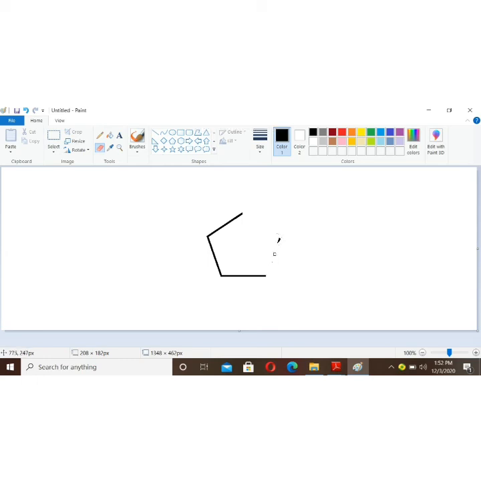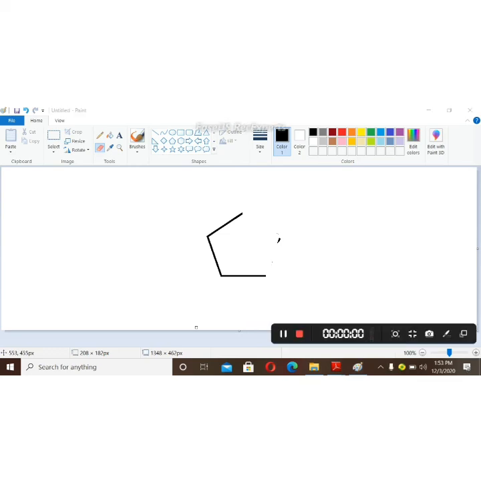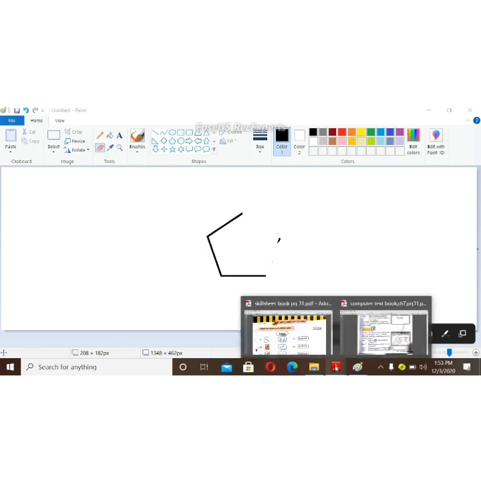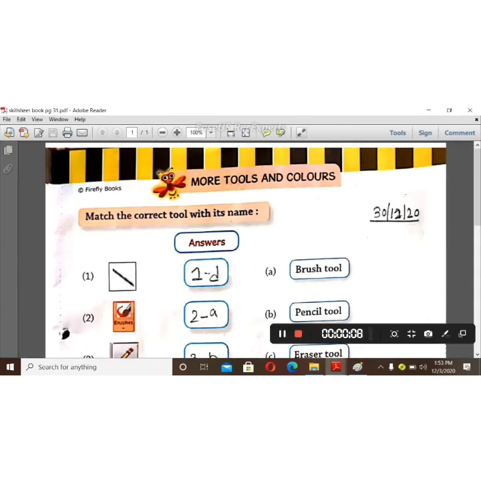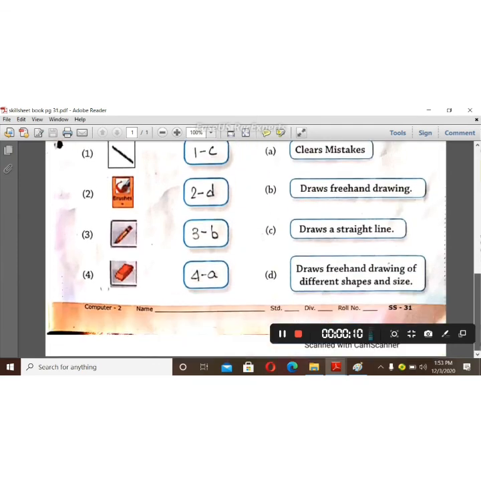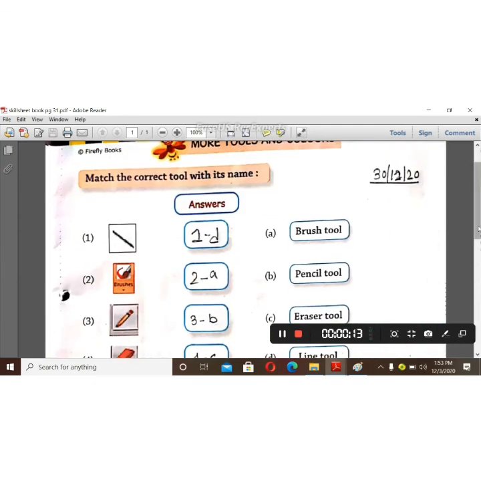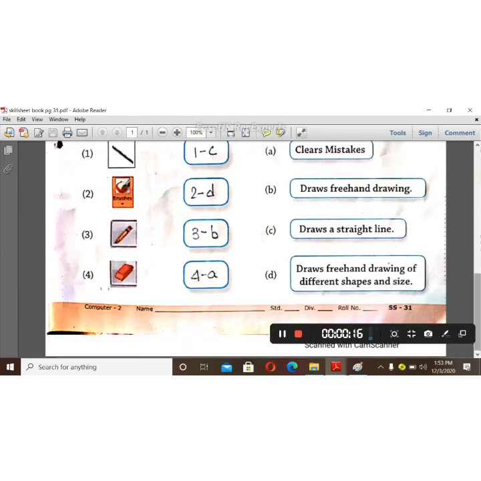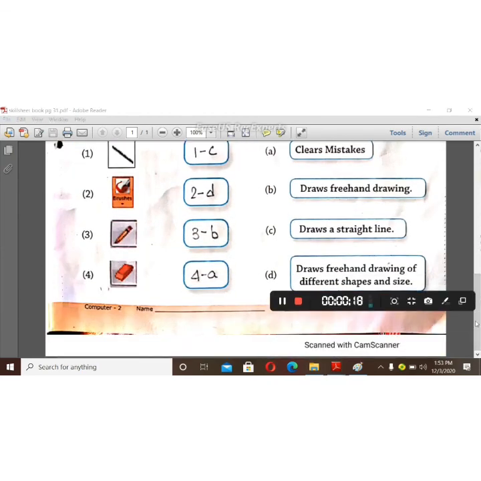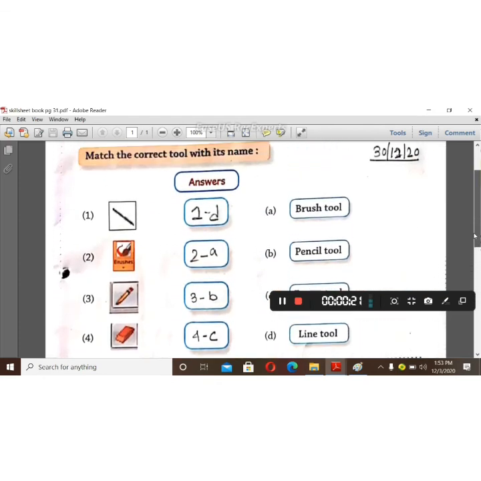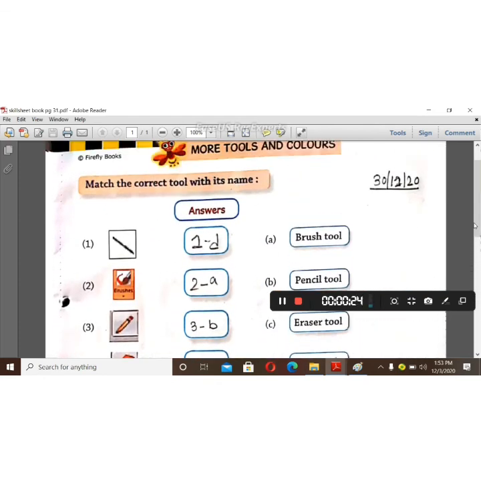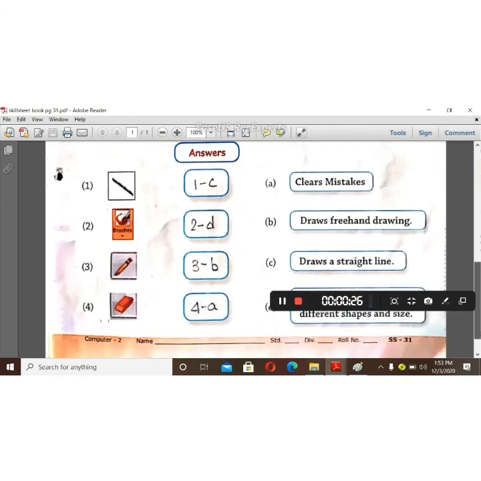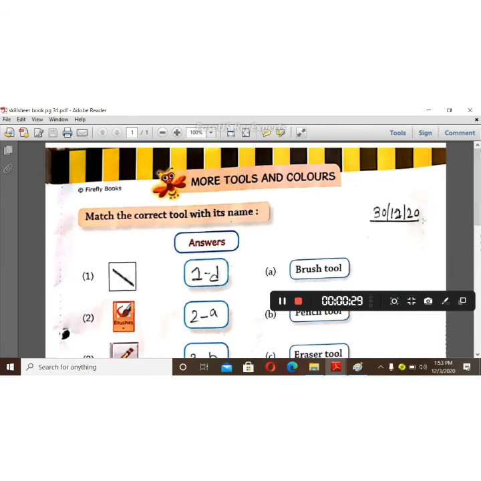So this is the practical use of the eraser tool and text tool. First you have to read these two topics from your computer textbook, then watch and practice the practical demonstration of both these tools. After that you have to complete the work in the Skillsheet book. In the live class we had done this Match the following in your Skillsheet book, page number 31. Those who have completed need not do it again, but those who have not yet done it, complete it and give the proper date. Okay children, so do your study.